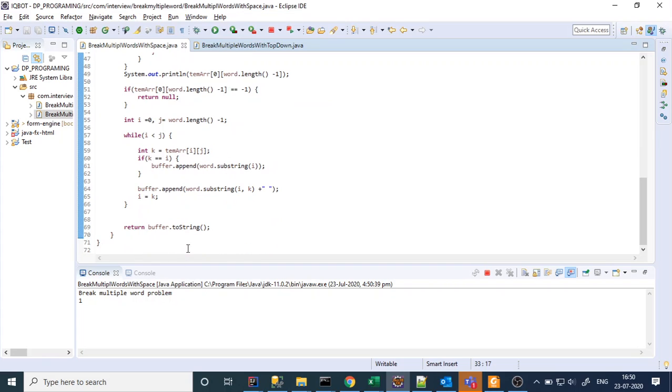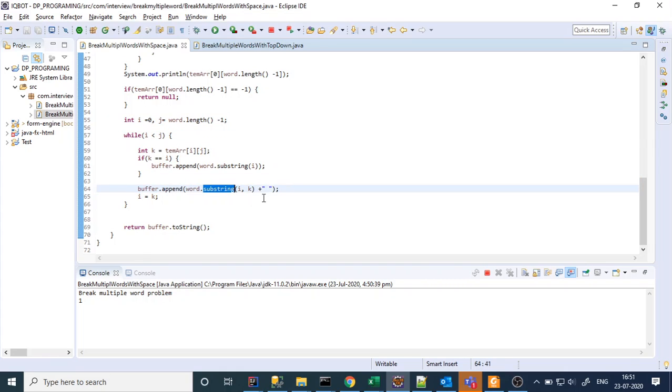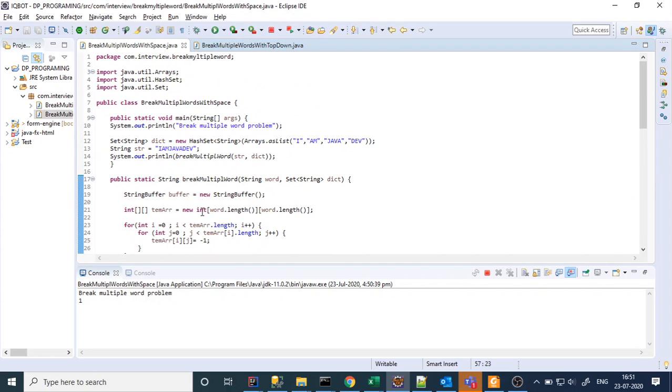Now this is the correct one. It is going here. Word length minus 1, I equal to j, and I am adding into the buffer the data string, I key equal to it, and then after that multiple words with column returns.